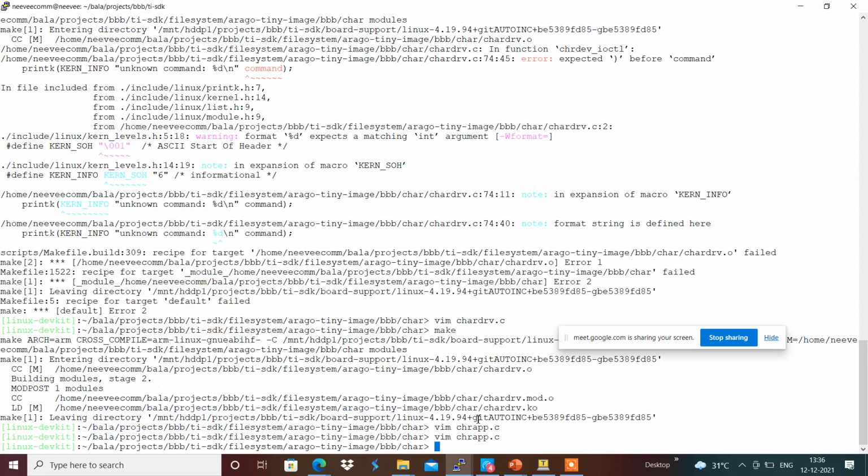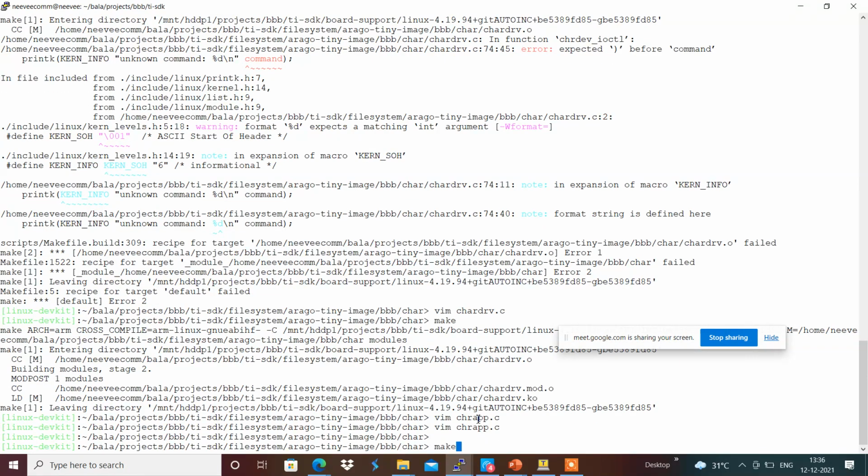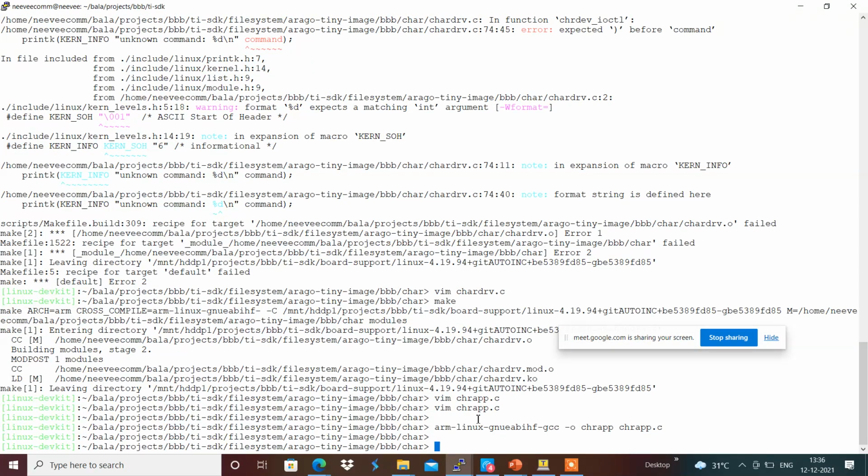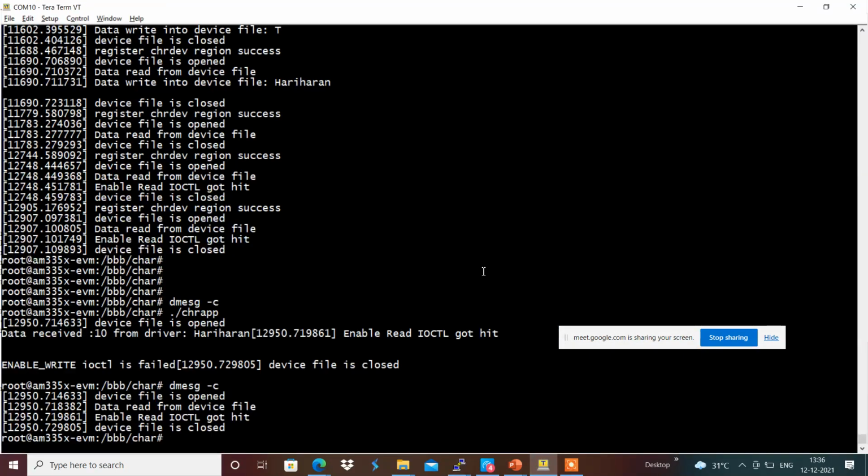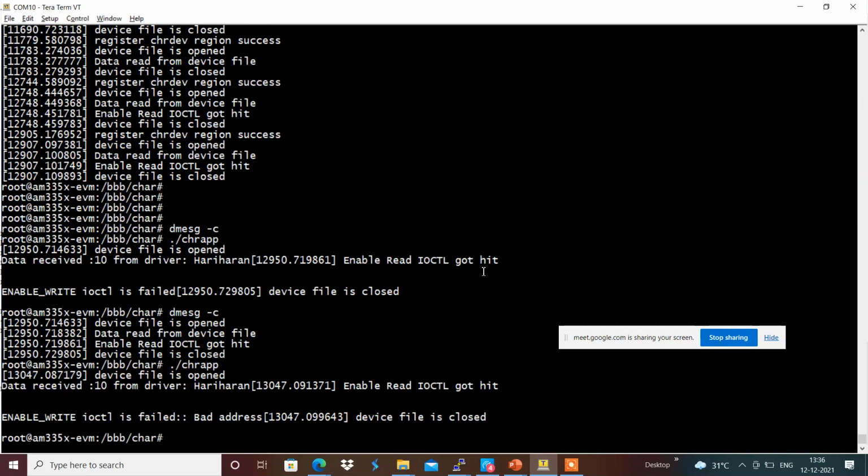Yeah, because the enable write ioctl failed because of the bad address that we are giving. It's something like null. Maybe we can give something.